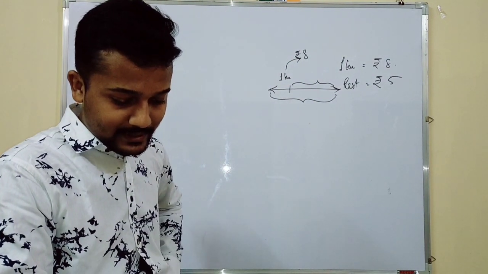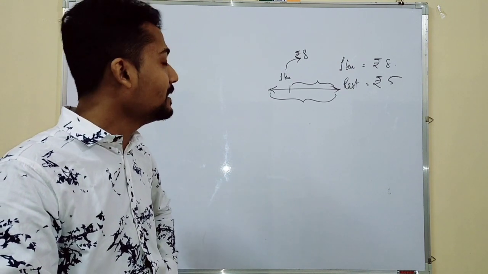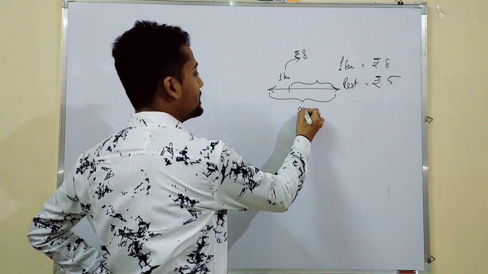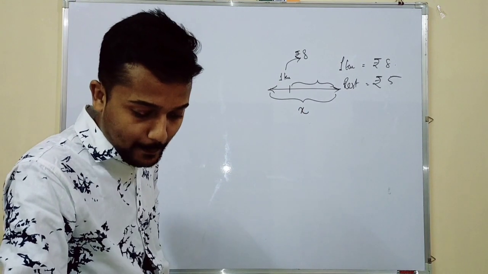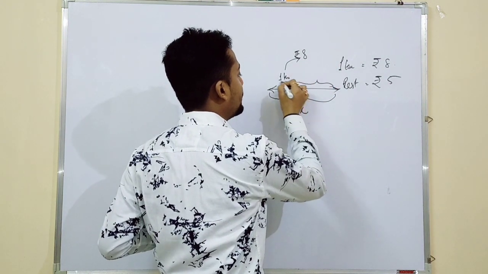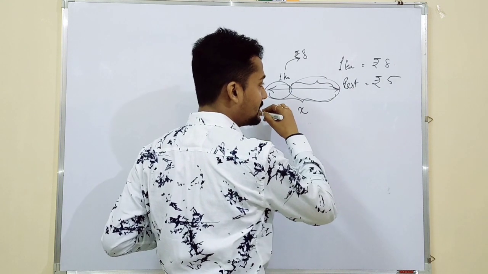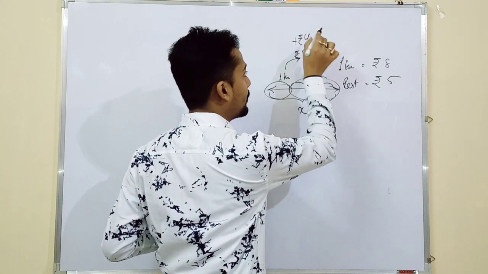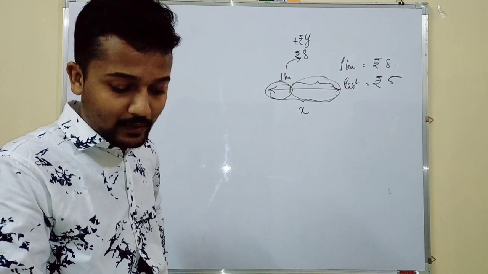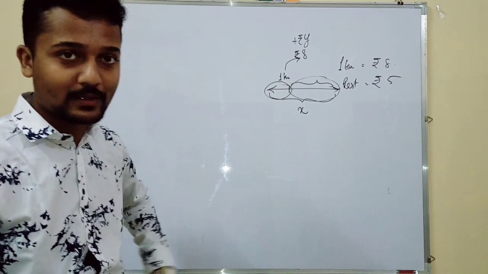Taking the total distance covered to be x and total fare be rupees y. Here it is being said that the total distance covered is taken as x, and the total fare, that means the fare charged in the first 1 kilometer and the fare charged in the rest of the distance, is rupees y. Then what you have to do? Write a linear equation for the given information and draw a graph. Now it is not that difficult because everything is said in the question.